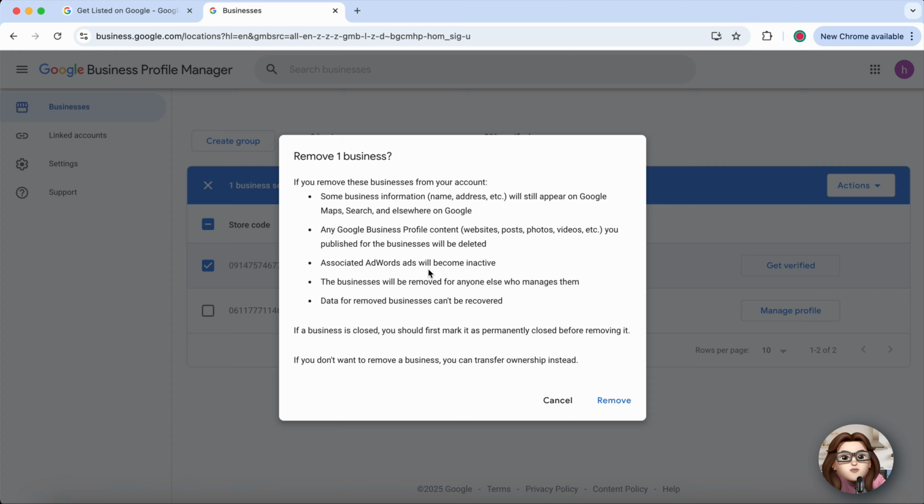Simple, quick, and effective. Cleaning up your listings like this keeps your business easy to find and improves your visibility